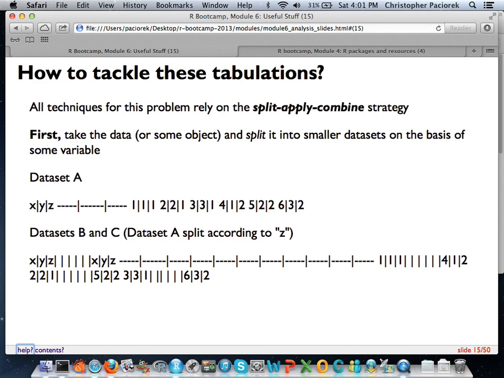I'm going to separate them completely. I'm going to go back in, and to each one of these new smaller data sets that I've made, I'm going to apply some sort of function that in some way manipulates the data that I'm working with or creates a new tiny data set, whatever I want to do to it. And the last section of this is the combine step, where now that I've got all these new data sets, I've got to figure out some way to piece these back together.